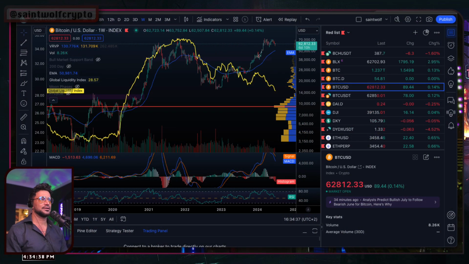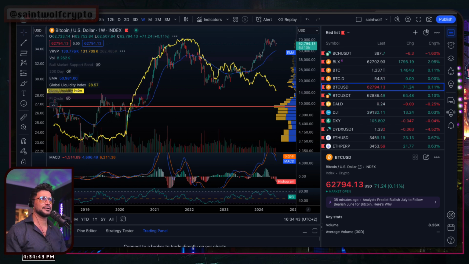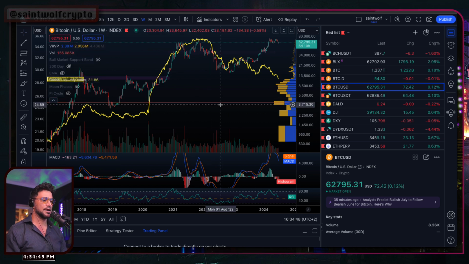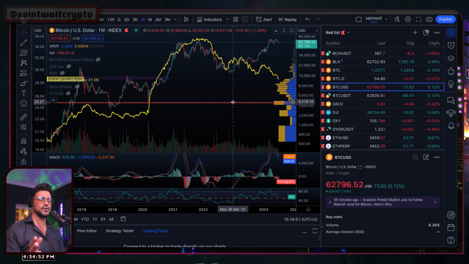Okay. This is Bitcoin against the Global Liquidity Index. Okay. This is super cool. I'm going to turn this off for now. Now, what's the Global Liquidity Index? It's a pool of hundreds of trillions of dollars that the source of funds are from the private sector balance sheet. That's loans and banks and short-term providers of liquidity. It also takes into consideration households, corporations, you name it. And this is global, so this is banks all over the world, okay? Balance sheets being aggregated with all these other financial instruments and debts.